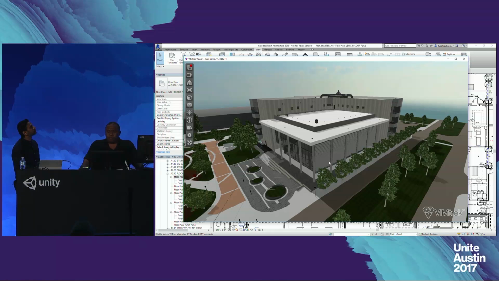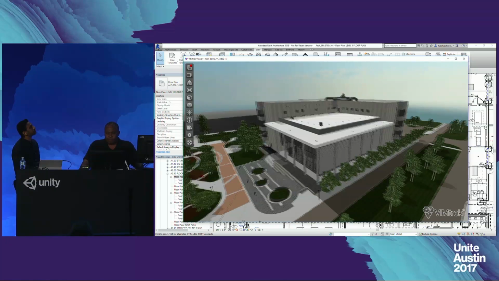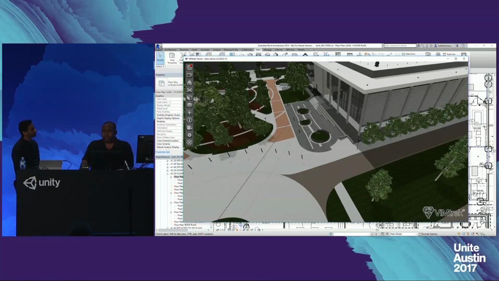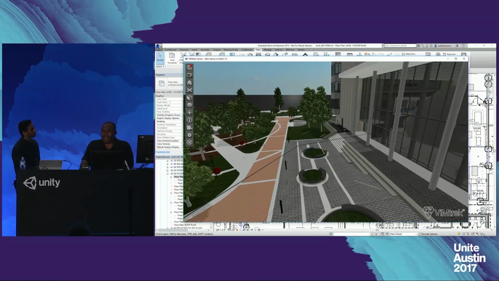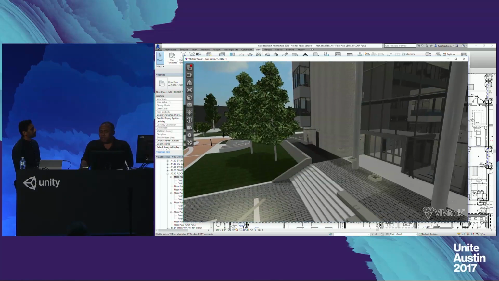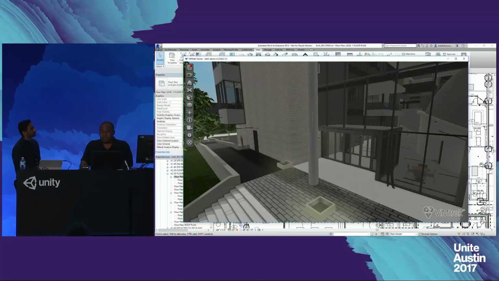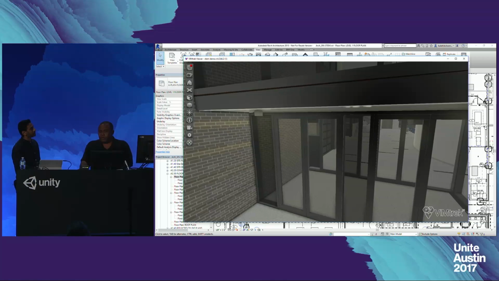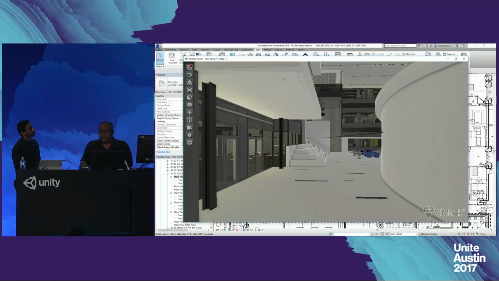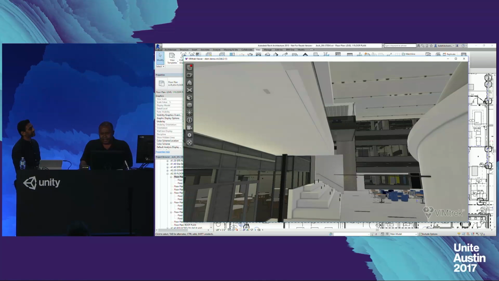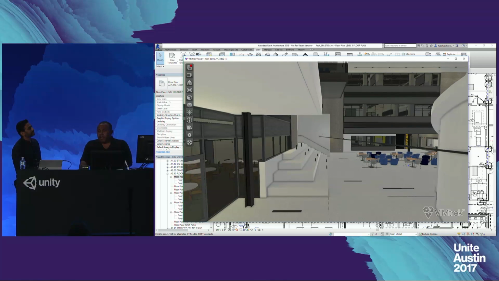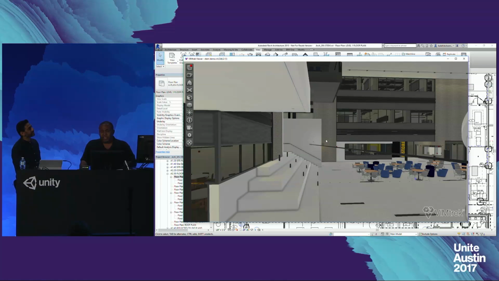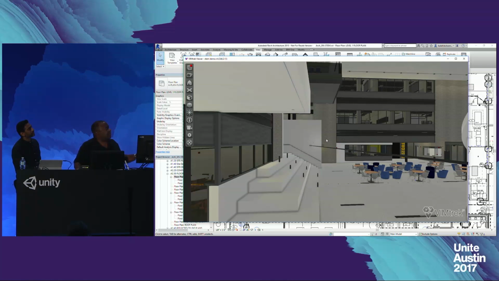Now, being able to explore this type of environment in first person, it's free roaming, and it reacts similarly to the way video games react. For all practical purposes, this is a first-person shooter without the annoyances of chainsaws and gun blasts and explosions coming at you. Now, as you're going through this model, and this model is actual aggregated data from the architect,